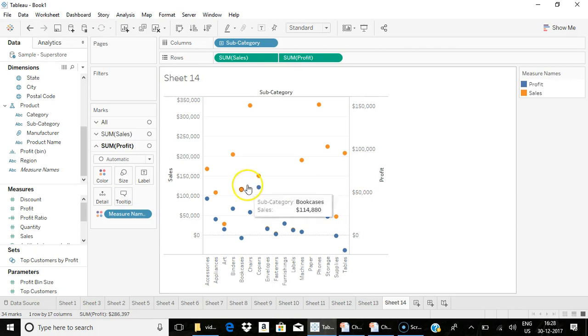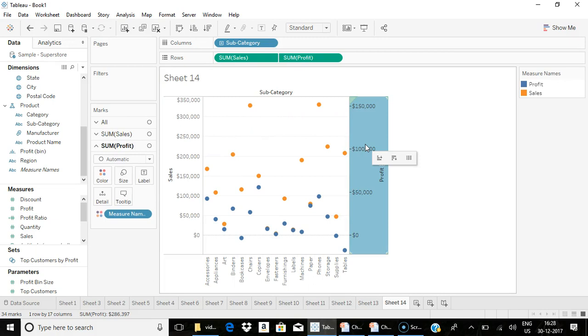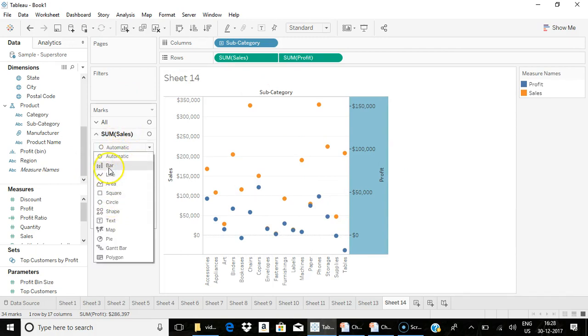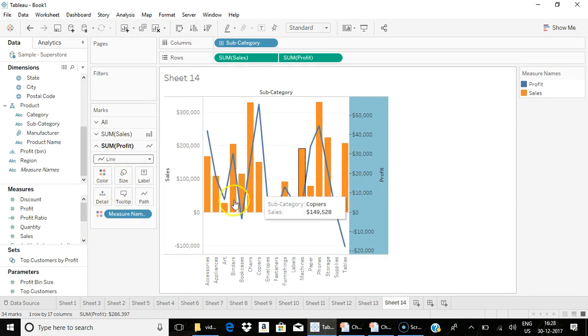So now we have a dual axis graph, that is x-axis as well as y-axis. I can even change the representations by choosing one value as a bar and another value as a line. So this is a dual axis representation. So we also have a combination chart here, bar and a line.